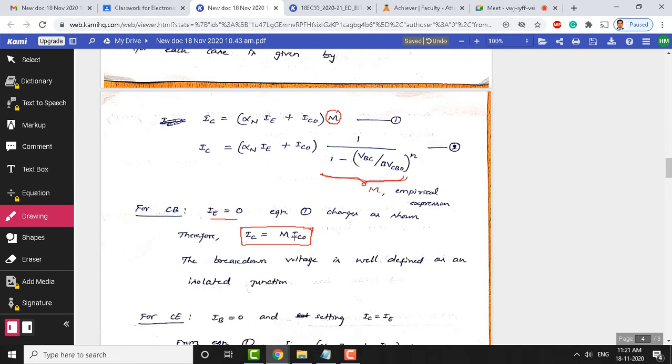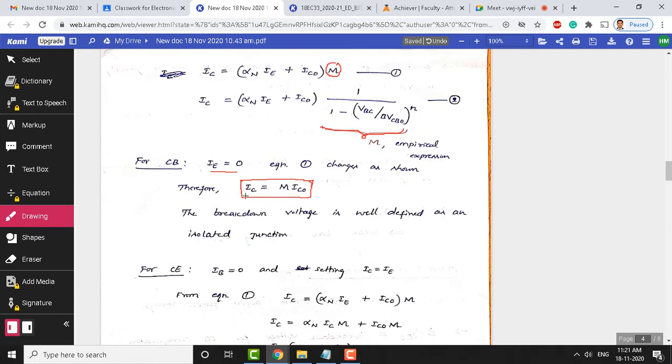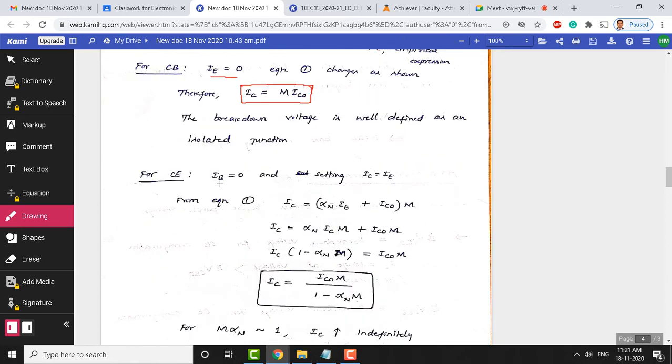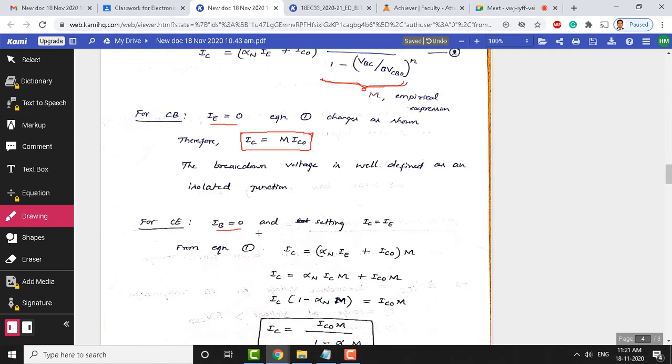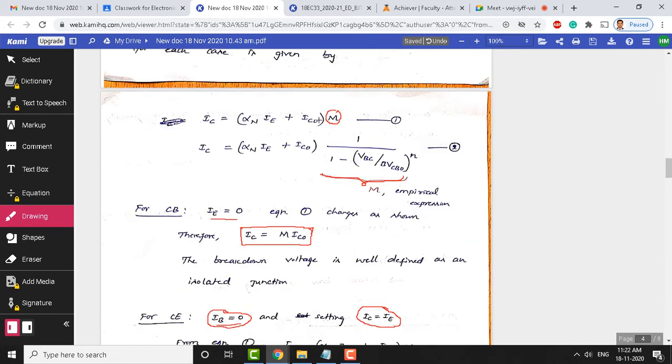So, that means the collector current is large in the case of common base configuration here. Now, let us rewrite the same equation for the common emitter configuration case. For the common emitter configuration case we defined breakdown voltage with IB as 0, and here if you set in this equation 1 IB as 0, and wherever there is an IE we substitute IC, if you substitute these two conditions in this equation 1 here,